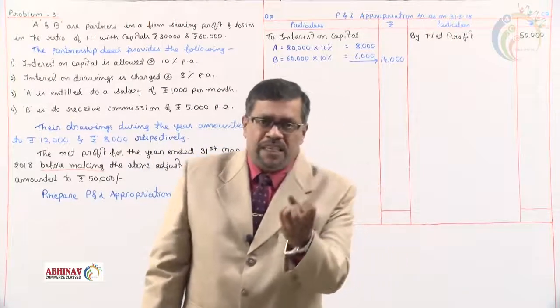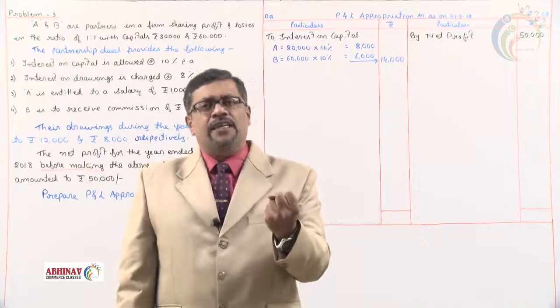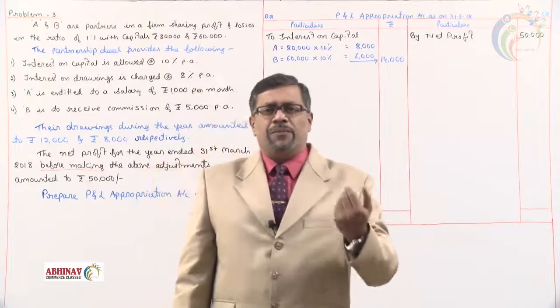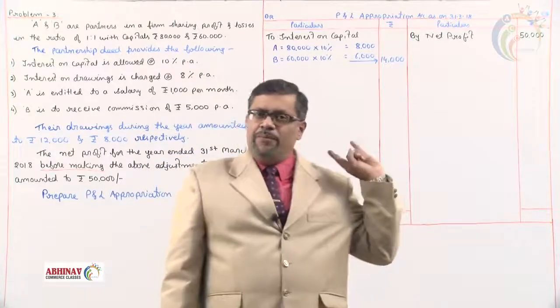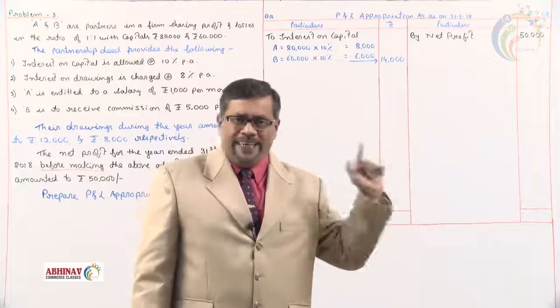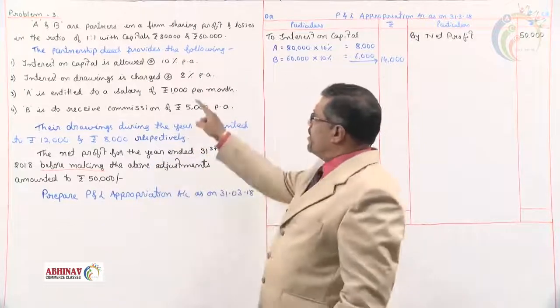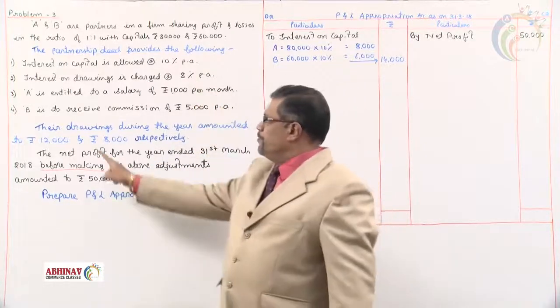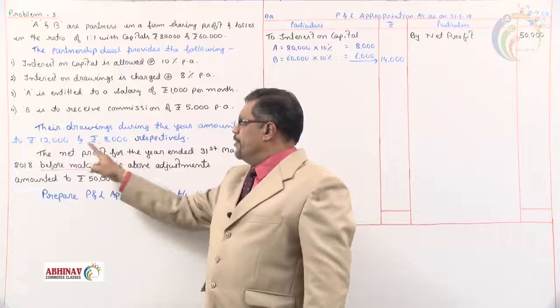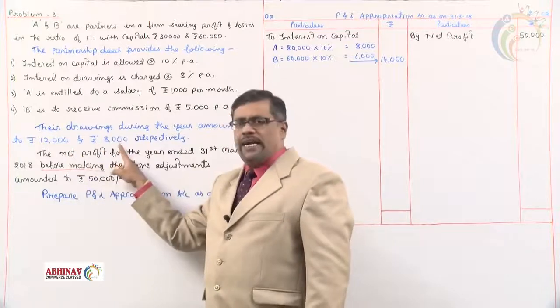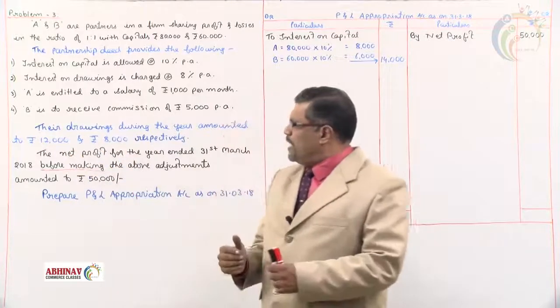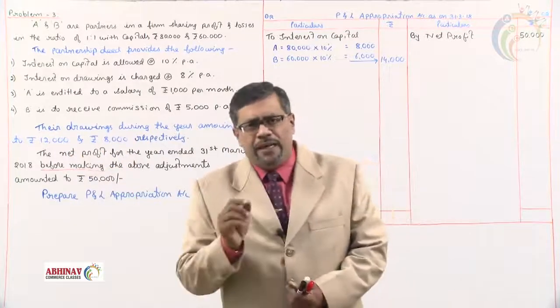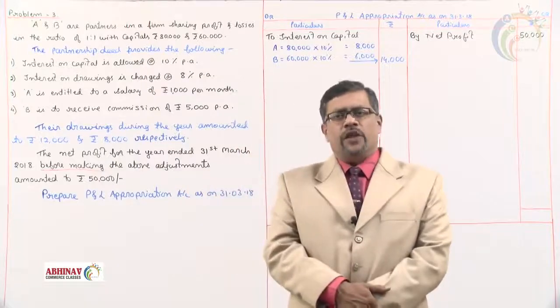So for the partnership firm, it becomes an income because they receive it from the partners. It's an income on the credit side. We'll take it on the credit side, but see what is the rate? 8%. How much are the drawings during the year respectively? 12,000 and 8,000. But have they given when are these drawings made? Is the date given? No.